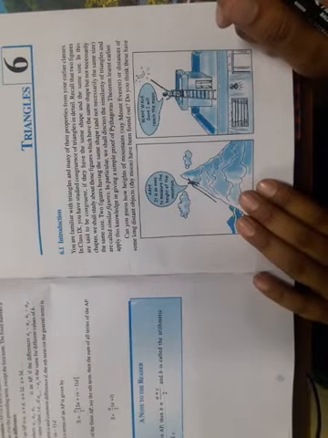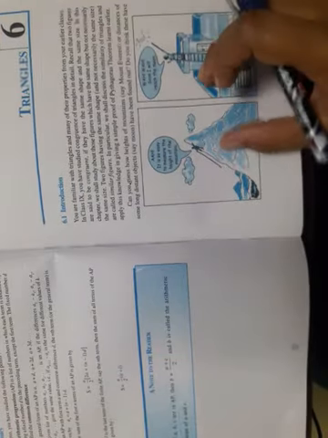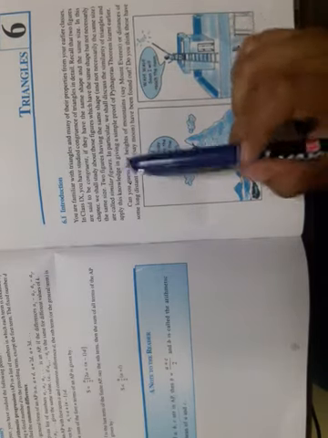In this section, we are going to study a new chapter, triangles. In earlier classes, you have already seen congruent figures. If you take two figures, these two figures are congruent with each other. How can you say that these two figures are congruent? Or if you take the example of triangles, how can you say that these two triangles are congruent with each other?